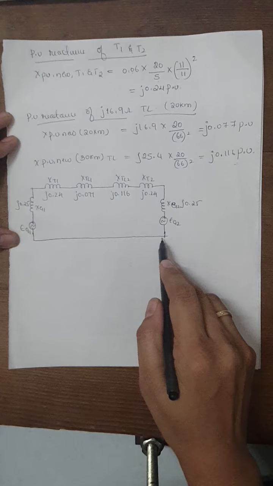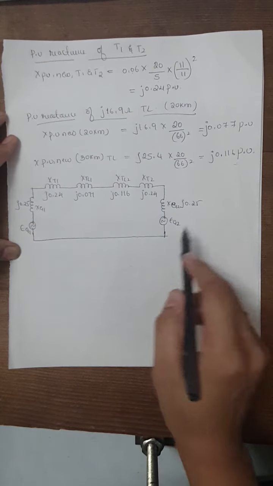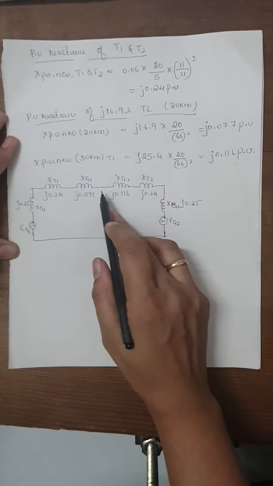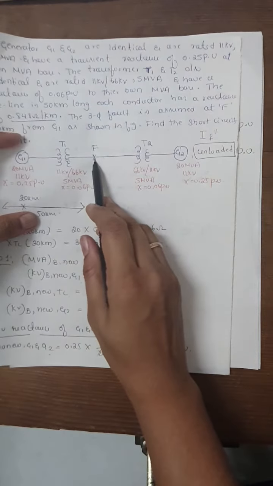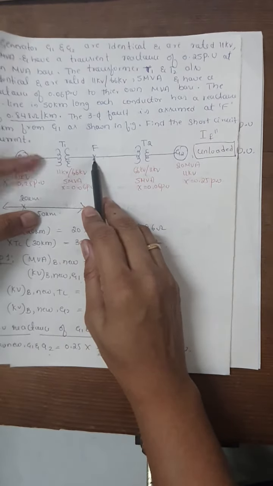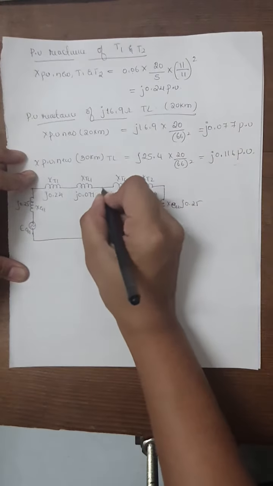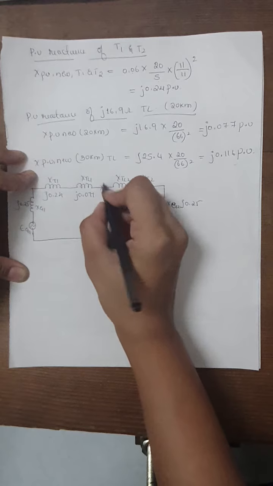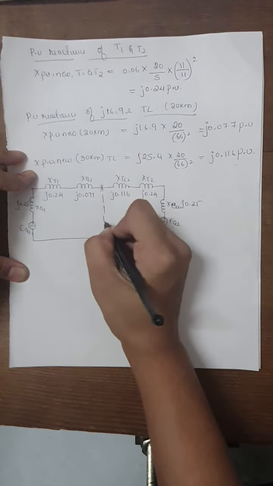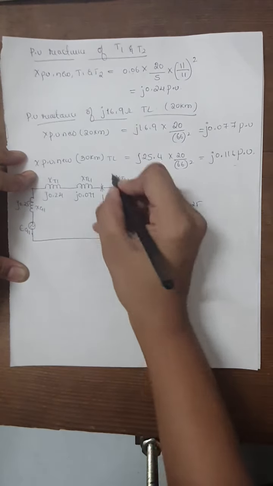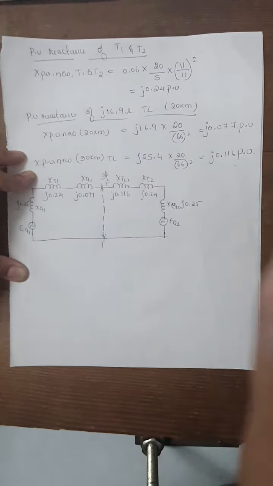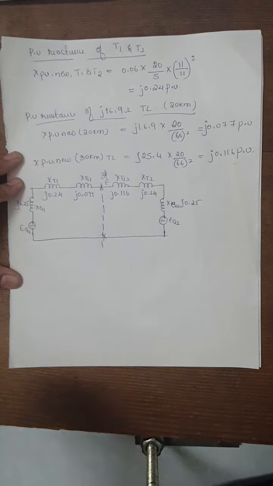So this is given reactance from the one line diagram. Here you have to mention where exactly the fault has occurred. So look at the given problem. This is the point where the three-phase fault has occurred. Same way we'll represent in the reactance diagram also. So this is the point where the fault has occurred. Represent that with the dotted lines. So this is a three-phase fault occurrence. So this completes step 1.